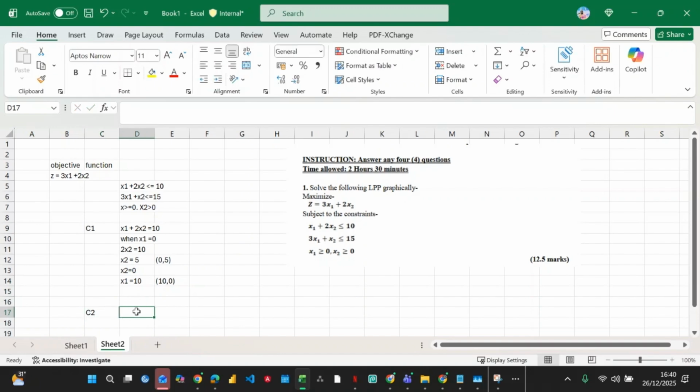So now we are looking at what? Constraint 2. C2 now. So our C2 now is going to be what? Now, in this equation, we have